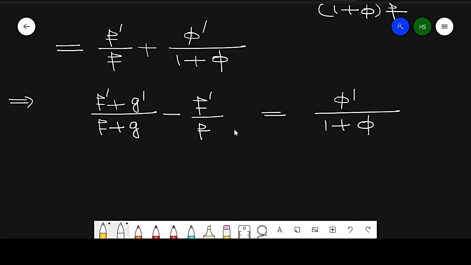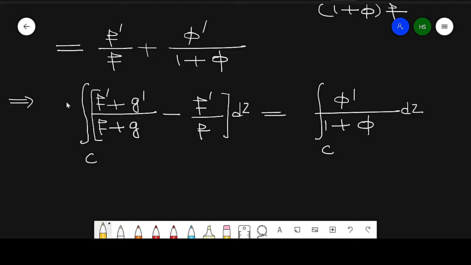Now if I take the integration around C of this function with respect to dz,